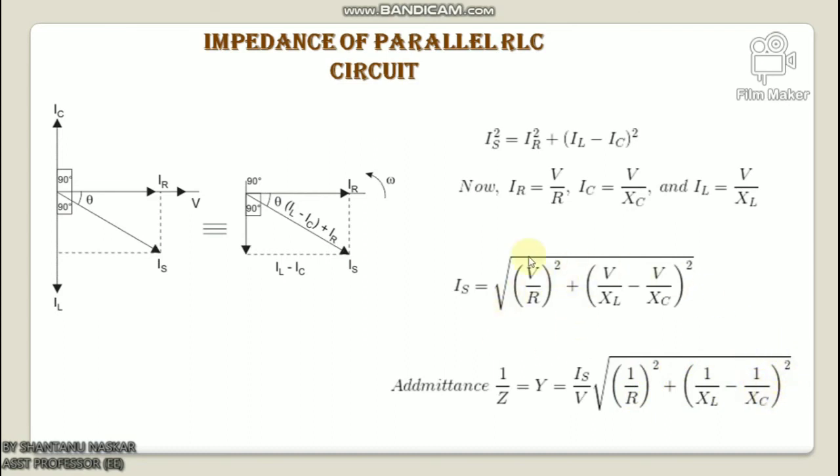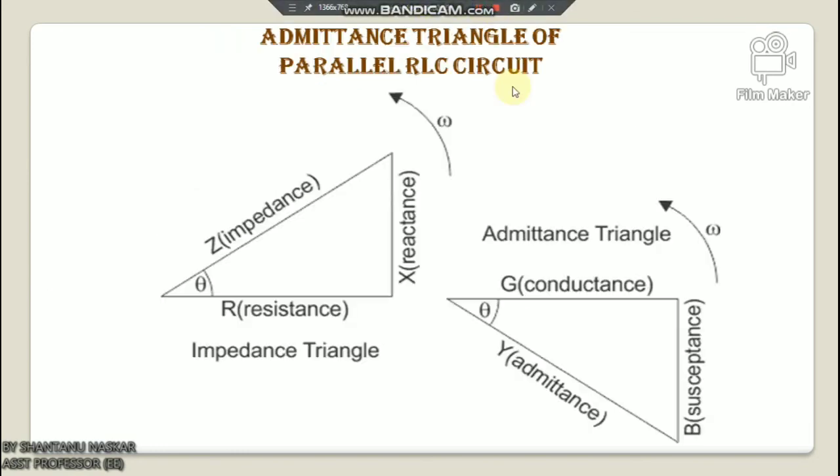As shown in the above equation of impedance Z of a parallel RLC circuit, the reciprocal of impedance, 1 by Z, is called admittance. Why? For solving parallel RLC circuit, it is convenient if we find the admittance of each branch, and the total admittance of the circuit can be found by simply adding each branch admittance.